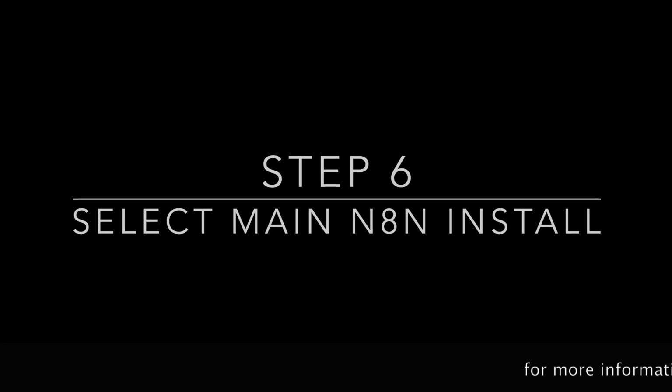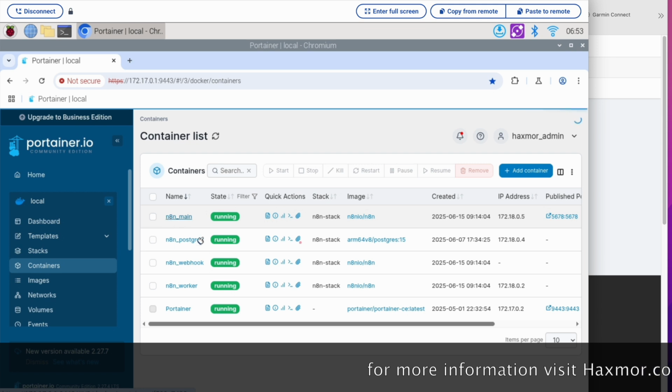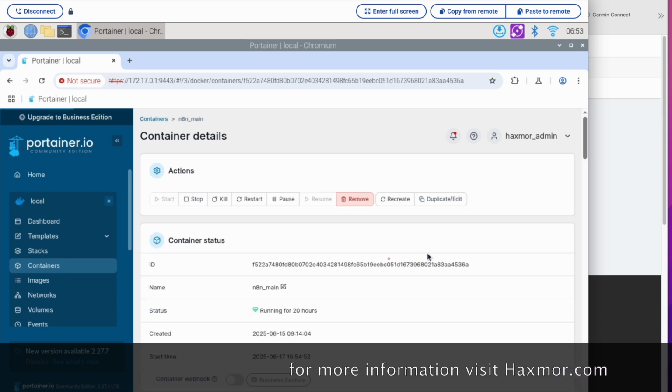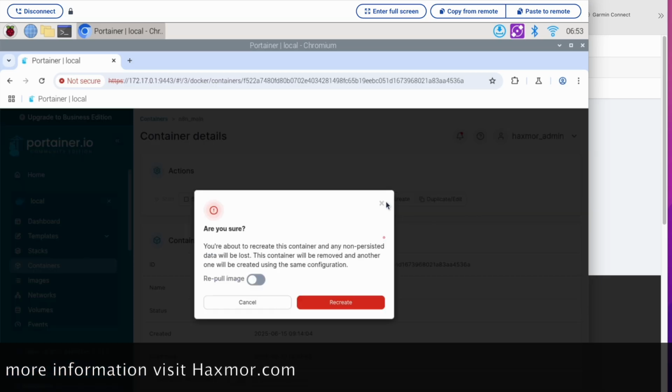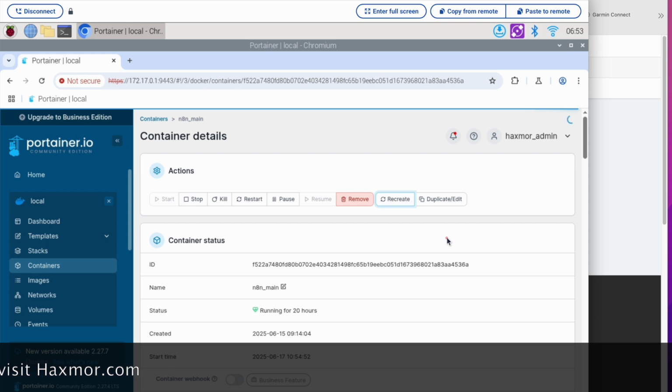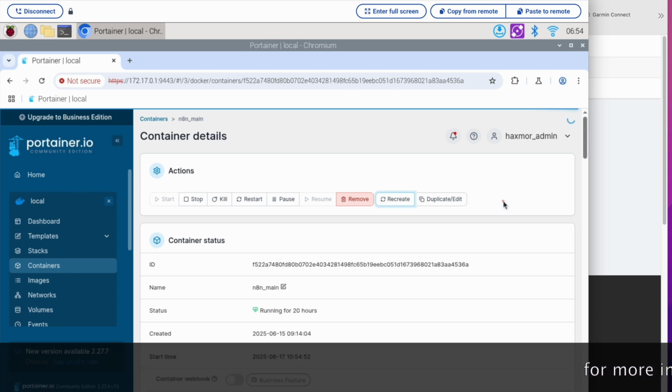Next, we need to select our main n8n installed container and select the Recreate option. Once prompted, select the Repull option. Once complete, the system will automatically restart the container, and then